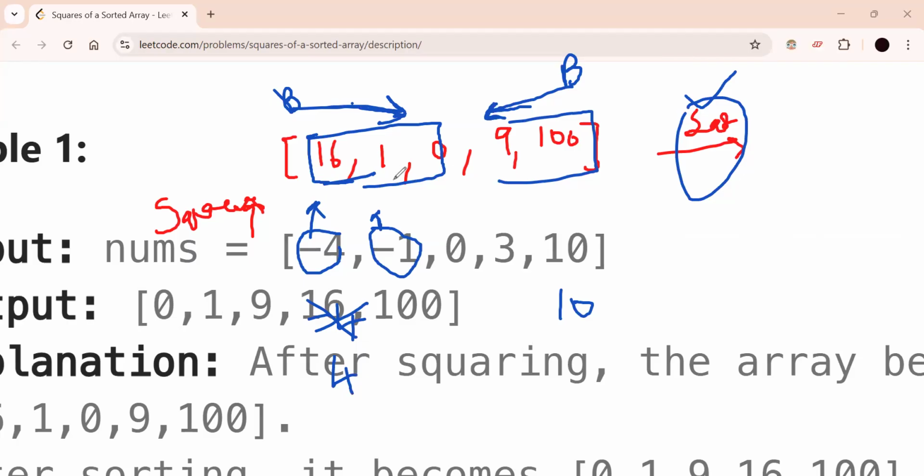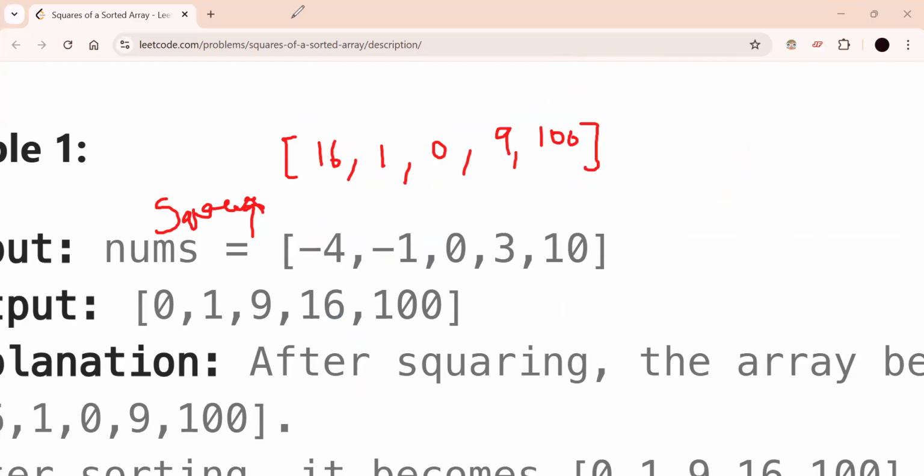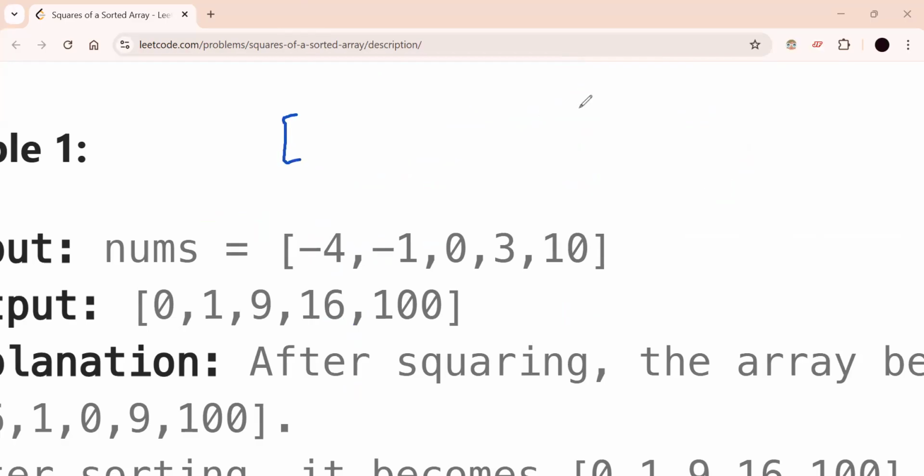So instead of sorting, as we know the numbers are decreasing inward, when we are doing a square, we will create an answer array, but